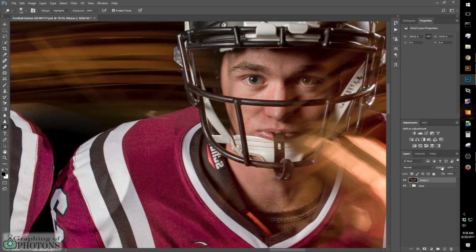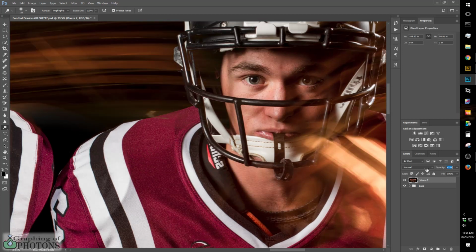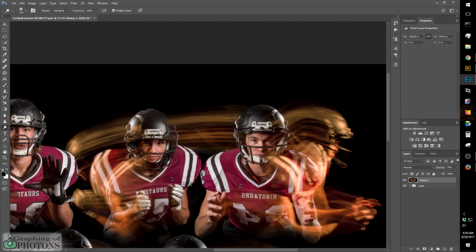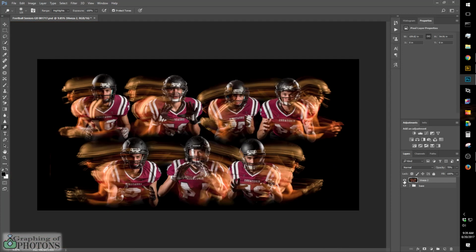Let's tone it down a little bit. I usually tone it down just so you can see the effect. So go down to 0 opacity, and then just start adding it a little bit so you can start to see the effect that it has. So here's off, on, off, on. Alright? Do another Control-Shift-Alt-E, and this time we're going to adjust the brightness of the smears and the brightness